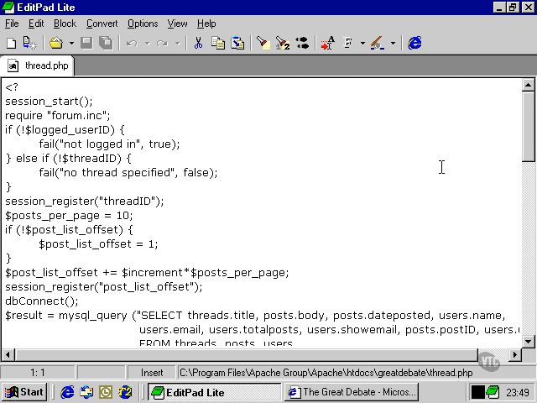The thread.php script in this website is the longer script, and so I'm not going to type it all out, because if I did, then this movie would be horrifically long. So instead, I'm just going to walk you through what each part of the script does. To begin with, we start the session and use the forum.inc script that contains the common functions that we use